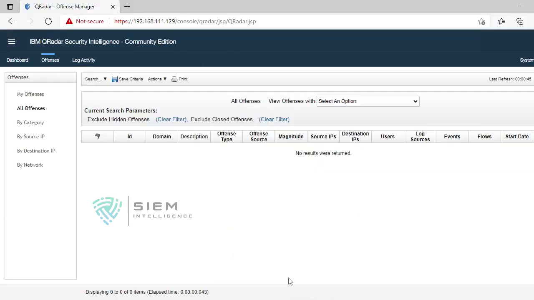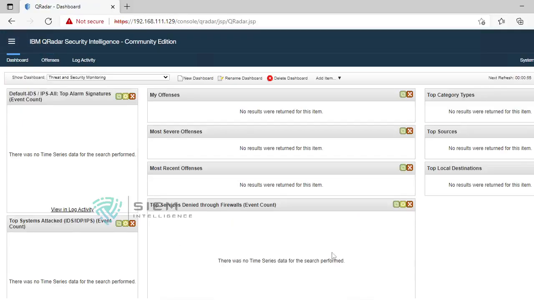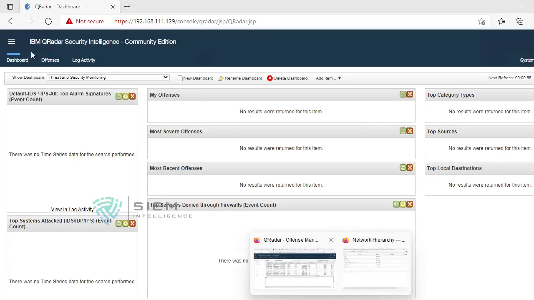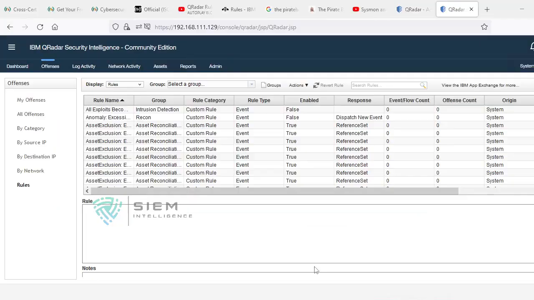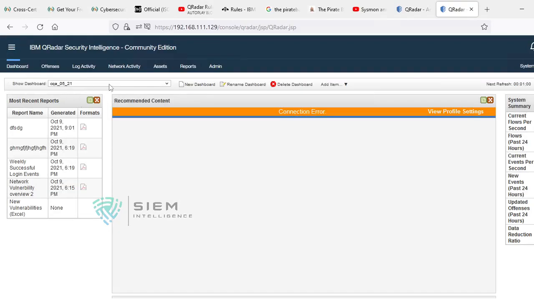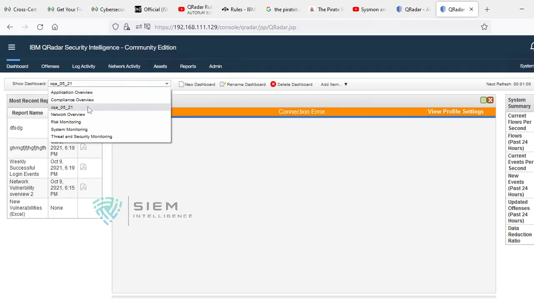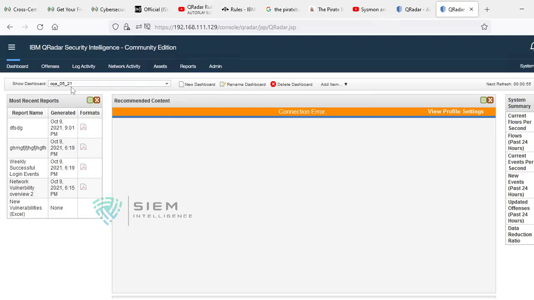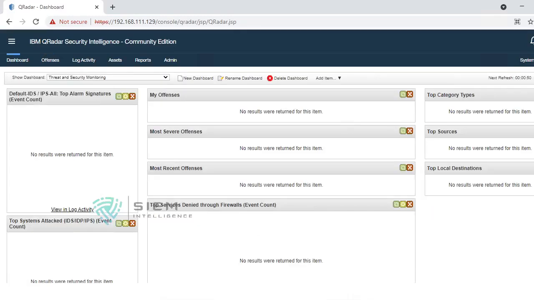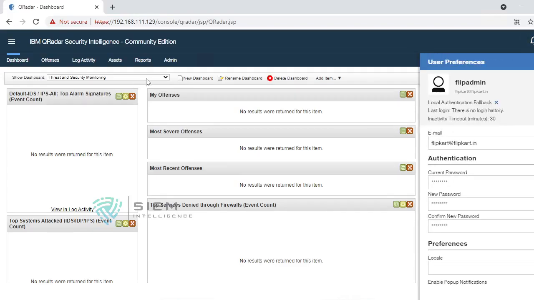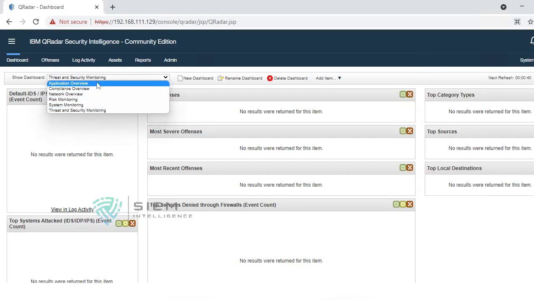Now the other one. Over here we have created some, if you see, there is a dashboard in my system. This was the dashboard we created yesterday, CQA 5 of 21. The same one is not available in the dashboard. If you go and see, this is my flip admin. See, how can I see user preferences? You can come to see I am flip admin. If you check, there is no administrator.